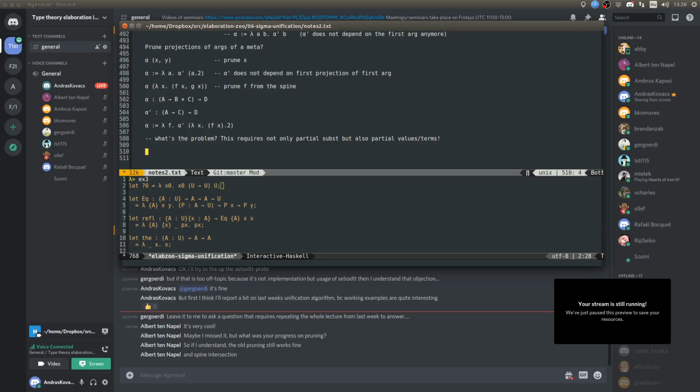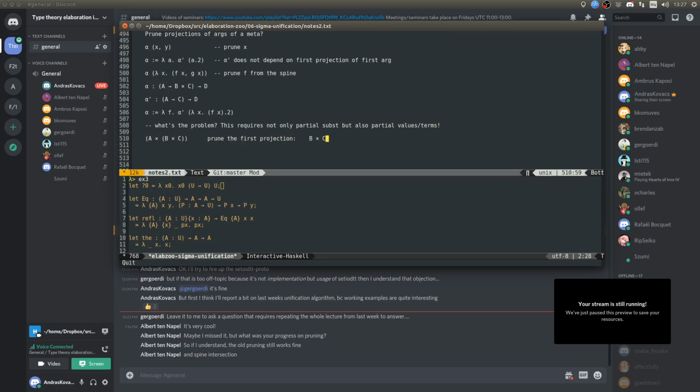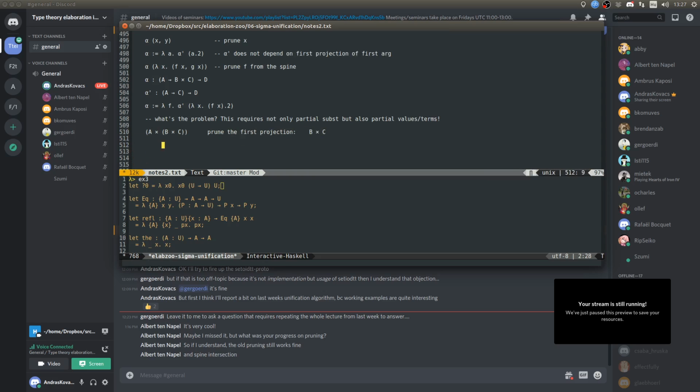So for example, what if I have a product type like A B C, and what if I want to prune the first projection? Then I get this type. So this is the original type, and this is the pruned type. And if I want to represent some mapping which goes between these two types,